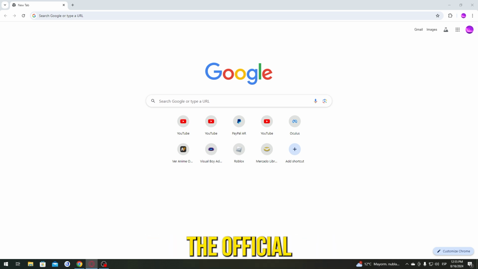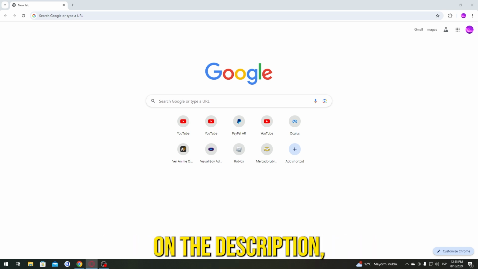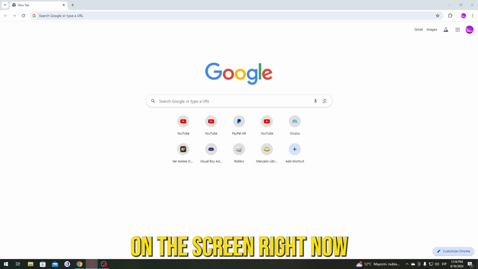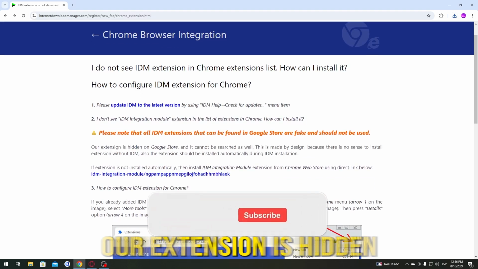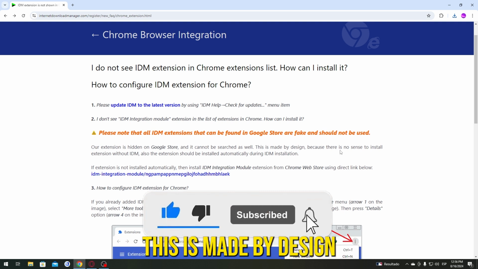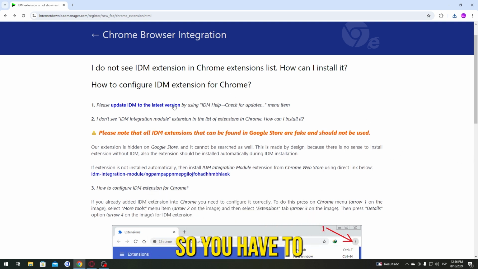So the official download link for the IDM extension is the one I'm going to drop in the description, but it's this one. I'm going to put it on screen right now. As you can see, our extension is hidden in the Chrome Web Store and it cannot be searched either. This is made by design because there is no sense in installing the extension without IDM, so you have to install